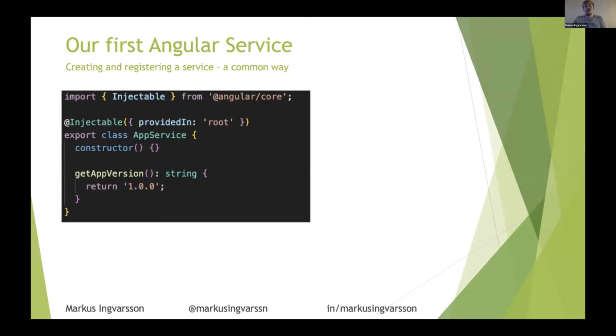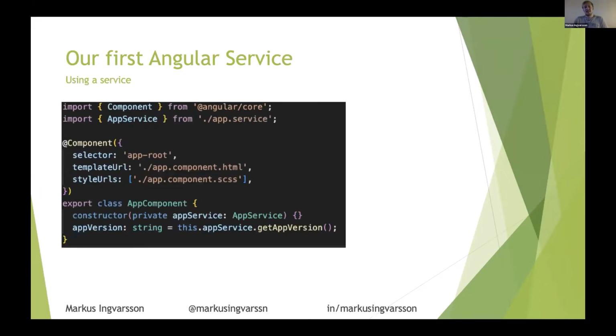I also want to mention that rather than using the providers array in a module, we may use the injectable decorator and provide a service in the root or in some module. In this demo, we will register services only in the providers array, as I think it helps for the mental model of dependency injection, but one should be aware of this preferred approach, which can take advantage of tree shaking.